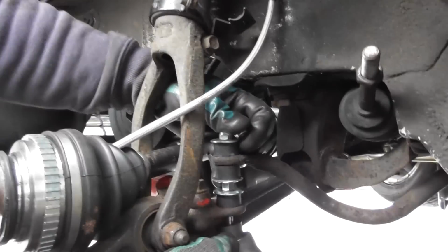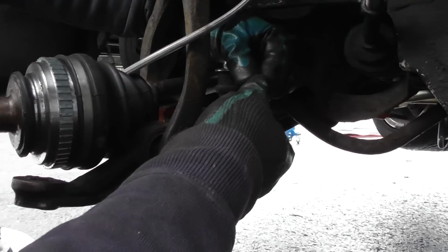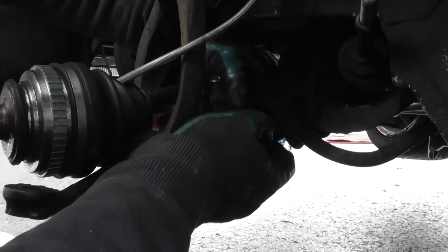Get a rubber thing on the bottom, get that on there, get the nut,